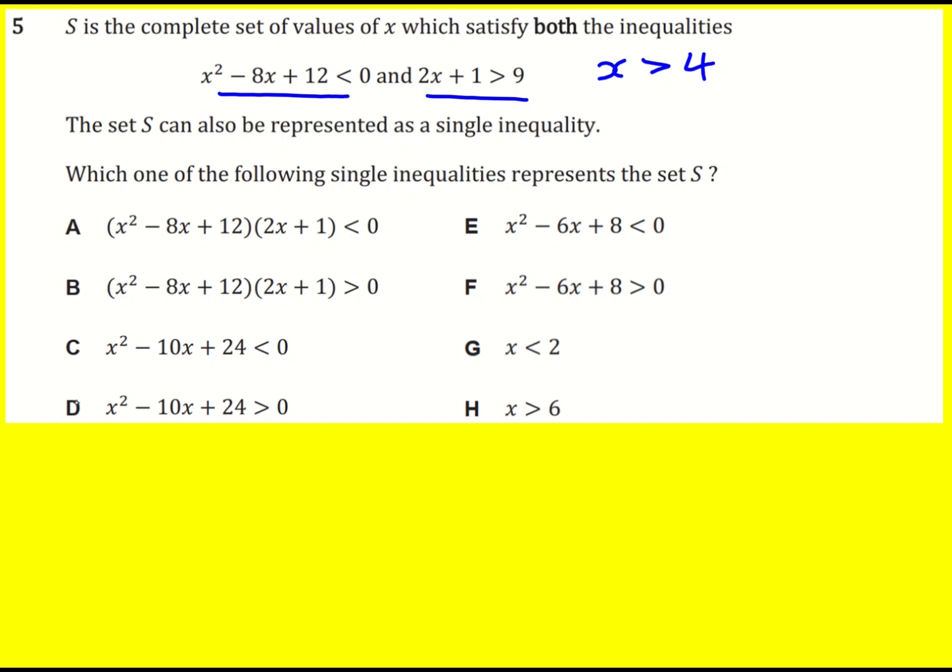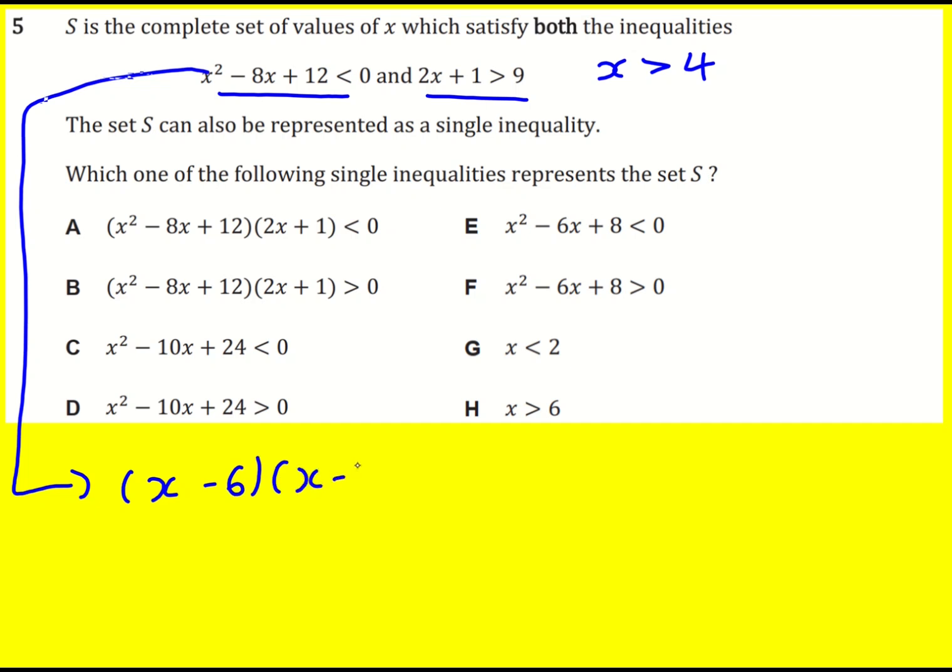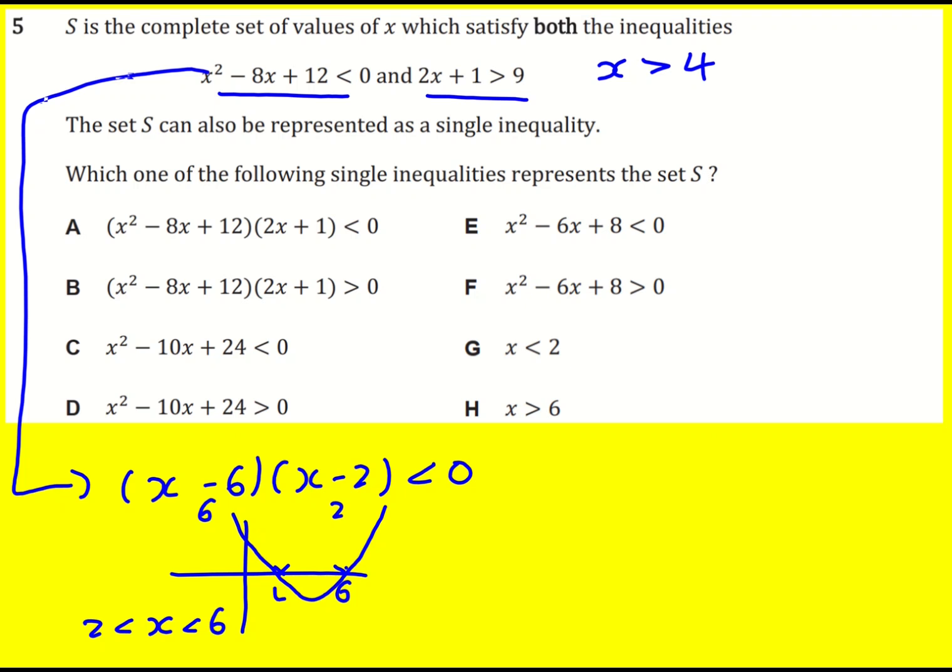That one's sorted. And then for this one, let's factorize. So x minus 6 times x minus 2 is less than 0. Let's get a little sketch down. So the roots are going to be 6 and 2. Come down like this. So it's going to be 2 less than x less than 6,